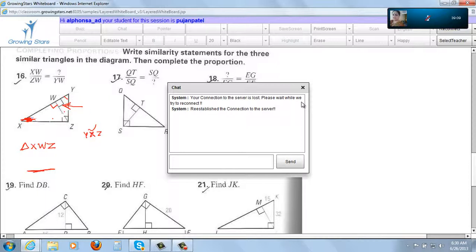The ZWY one? Okay, so it'd be XZY. The Y and the Y will come at the end, isn't it? Because the Z is 90, the 90 in this triangle is W, so that'll come second. So the third one would be Z. You have to find your own way of doing it, okay? But writing the order correctly is the key. You have to get that correct.